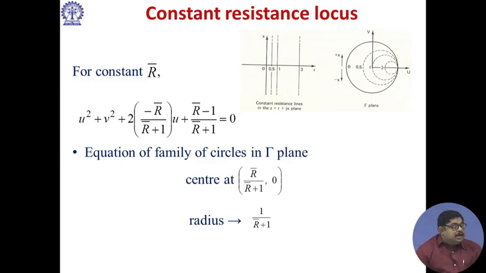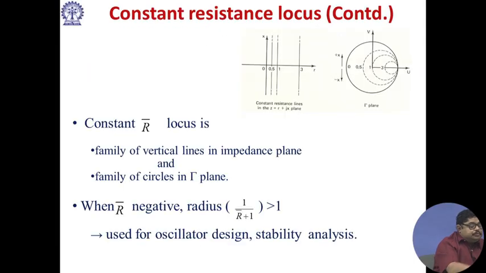So, the center is at r bar by r bar plus 1 and 0. That means all the centers are on the real axis of the graph and the radius is given by this. So, you see the constant r locus. In the gamma plane, that means the Smith chart plane, they are all circles. What happens? So, you see there are various circles, all circles are passing through the right hand point 1, 0,